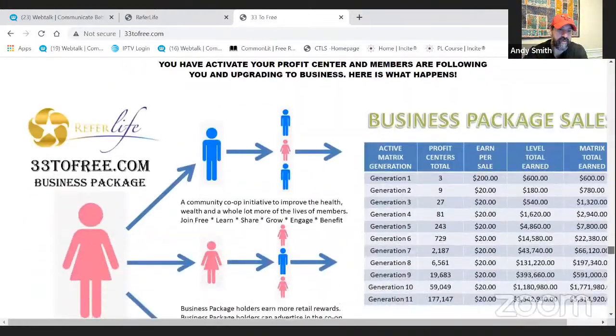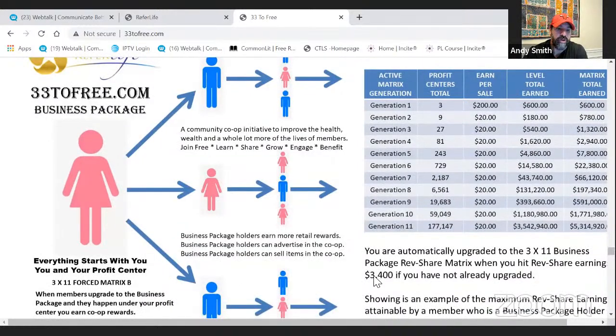So, since you asked about it, if you look here, once you get to $3,400 in commissions, this is going to automatically upgrade. Or you can upgrade once you've done the consumer and the affiliate. You could actually upgrade before that if you wanted to. But what's cool about this is, look at this. When the 3 people that are underneath you finally get to this 3,400 and they upgrade, you're going to make $200 off of each one of them, and it's going to be back that 600 that you put in right away with those 3. After that, every person that does an upgrade is going to pay you $20